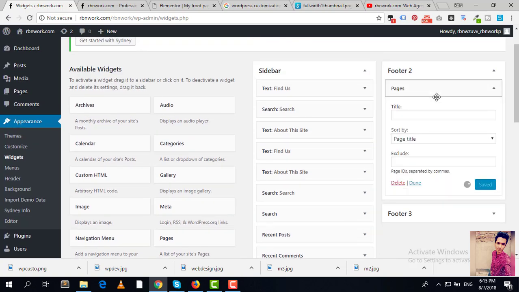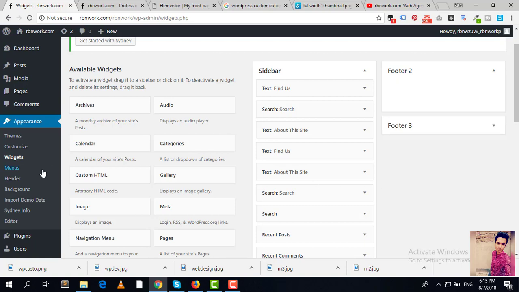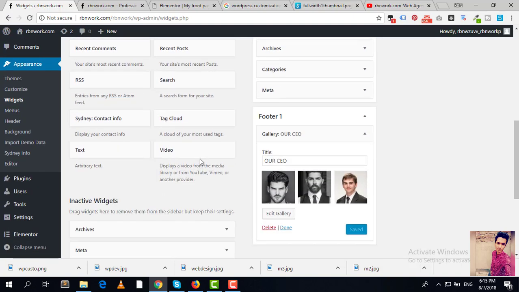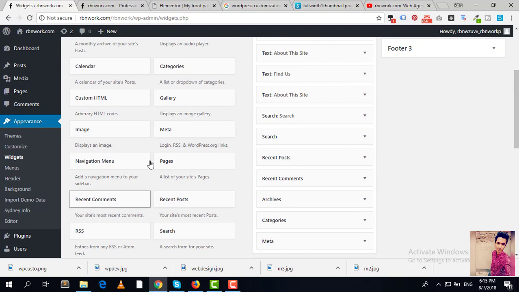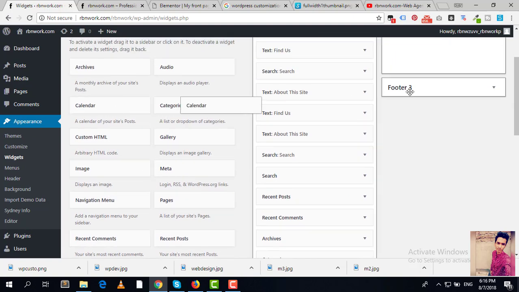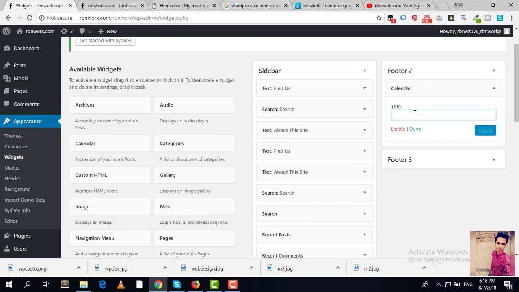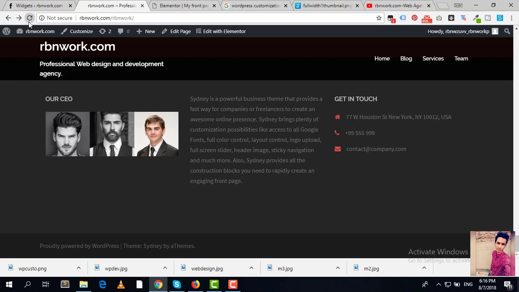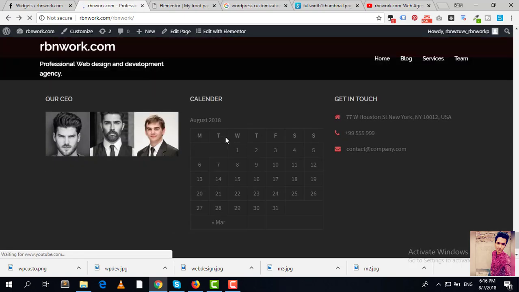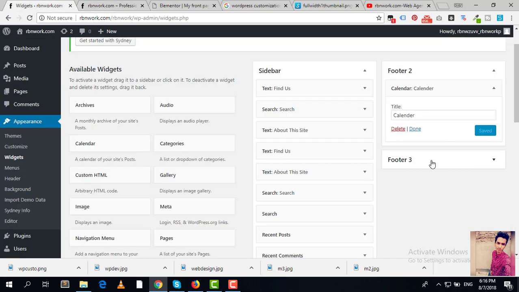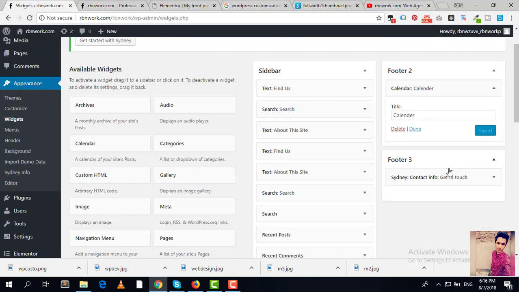We want to keep here pages. Not pages. I think there, want to keep calendar. Give a title and just refresh the page and you will see the changes. Here you can see a very good calendar, and in the footer 3, suppose you want to keep this contact